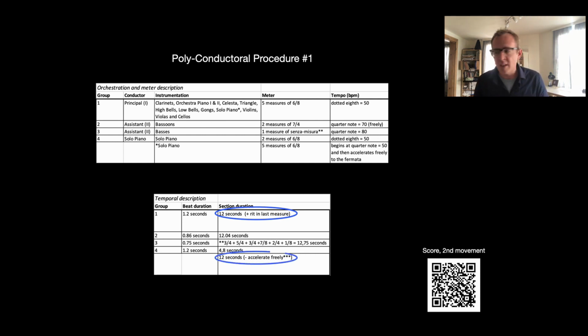Likewise, I've suggested that the 12 seconds of material for the solo pianist might be shorter due to Ives marking accelerate freely. It's therefore not really hard to imagine that the pianist will then shave 4 seconds off of these 5 measures, thus also spending somewhere between 12 and 13 seconds to finish the opening measures. So it's possible then that all 4 groups will arrive within the same second at the tutti measure, measure 6, united under one conductor, the principal conductor, to continue then at figure 1.